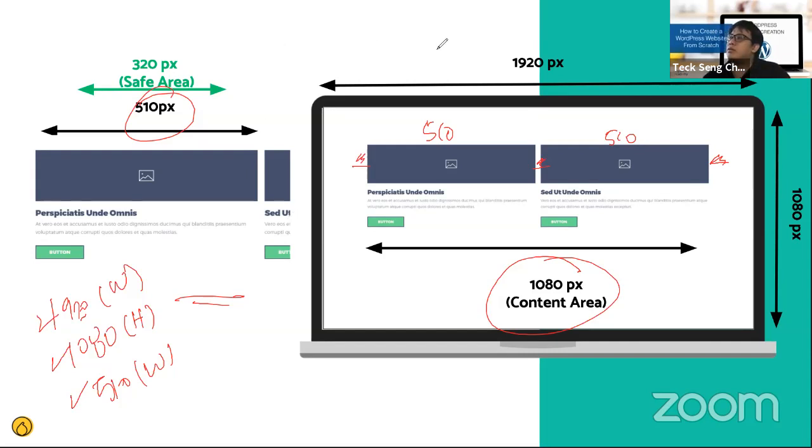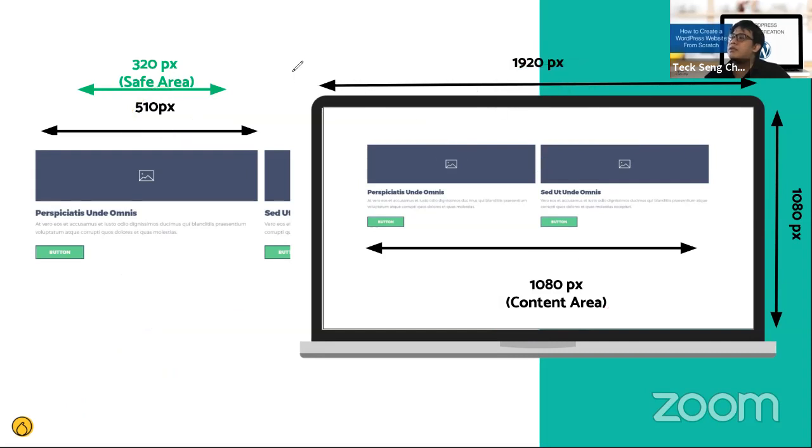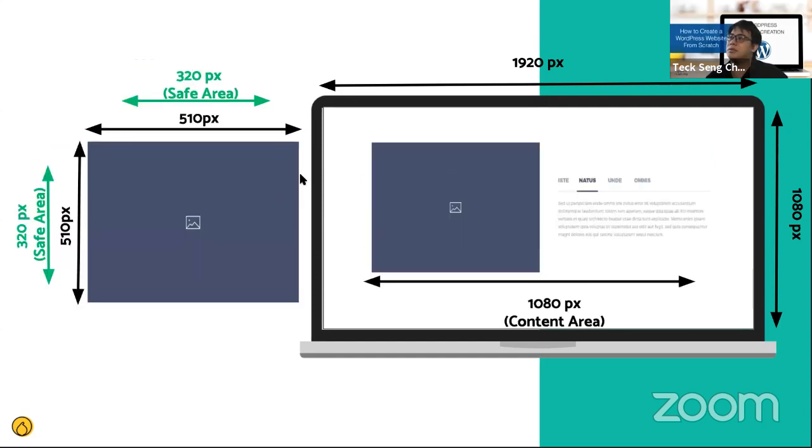Now there are also others. This is 2 columns. For example, how do you calculate the height? I always tell you the width only, but how do you calculate the height? If it's 1 to 1, you use 510 divided by 1 times 1. If you want to use 3:4 or 4:3, you just calculate it accordingly.